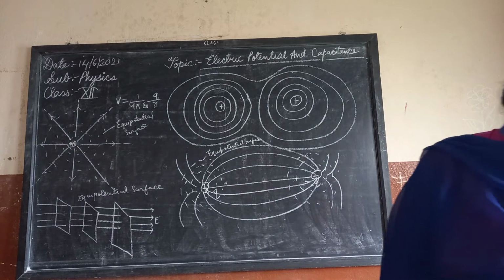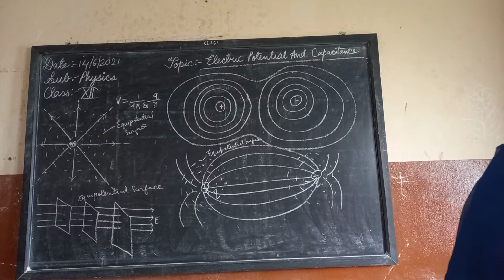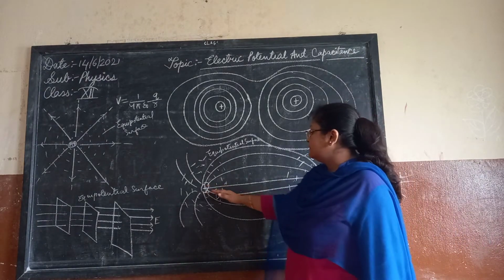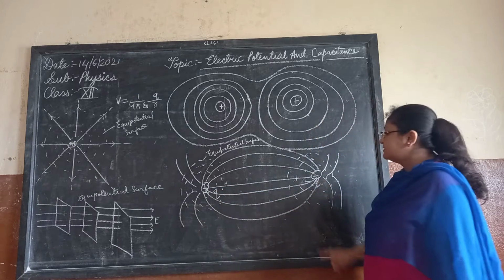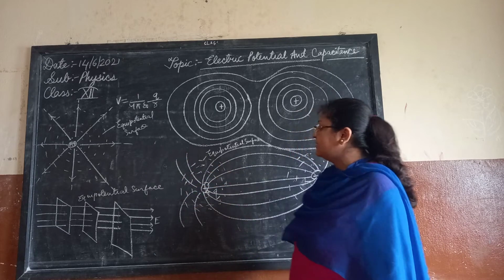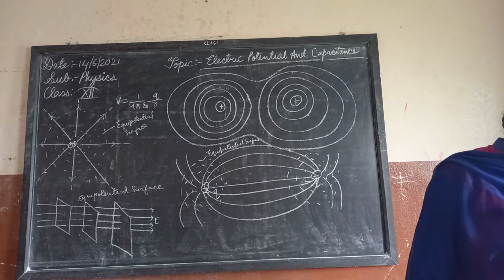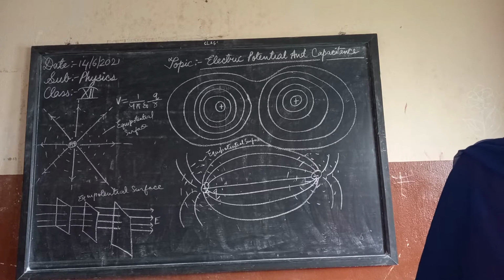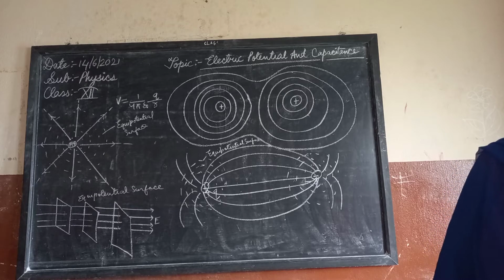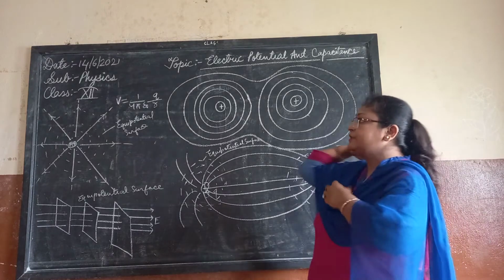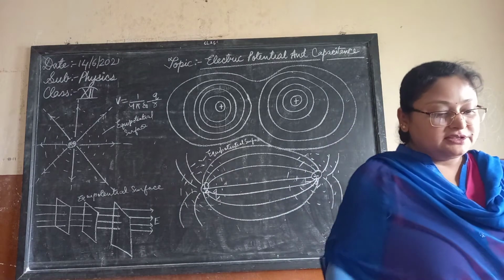The equipotential surfaces are closely spaced in the region of a strong electric field and widely spaced in the region of a weak electric field. So they are close to each other from plus Q to minus Q. It is very close, but going outward they are much wider apart. So that is basically the lower potential area. Now no work is required to move a test charge on an equipotential surface.